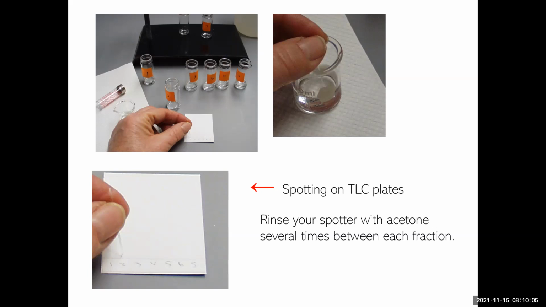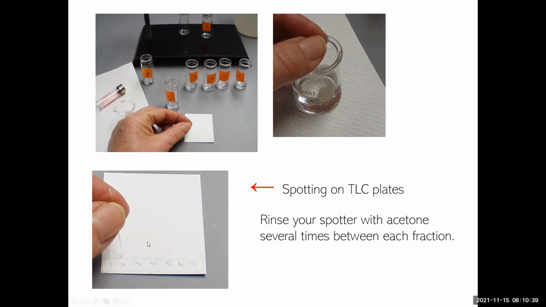Okay, so this is a process. You see somebody is using a capillary tube. They've got a bunch of different mixtures that they're spotting onto the same plate. They drew a line with pencil. They mark where they're going to place all the different mixtures so that it's nicely labeled at the bottom. Although I did notice that it's a little funny. It goes 1, 2, 3, 4, 5, 6, 5, or maybe that's S. I don't know. Anyway, you mark it however you want, whatever makes sense to you.